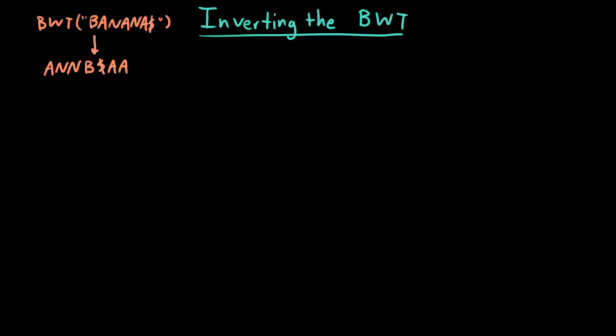One interesting feature of the Burrows-Wheeler transform is that it's invertible. So we saw that the Burrows-Wheeler transform of the string banana with the termination character is ANNB$AA. But given just the Burrows-Wheeler transform, I can actually reconstruct my original string. How does this work? Well, remember that the Burrows-Wheeler transform was by definition the last column of the rotations matrix